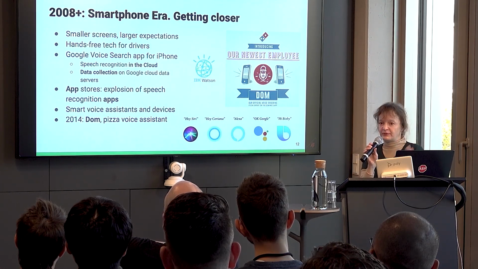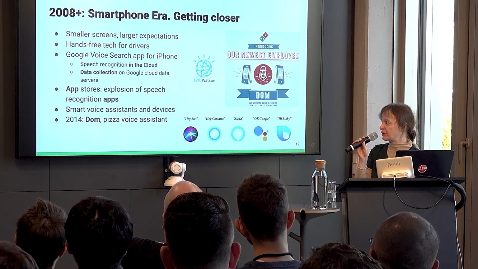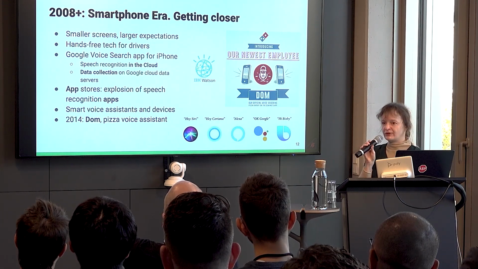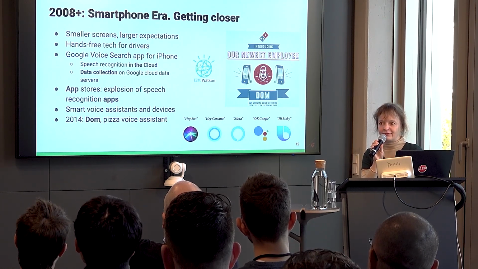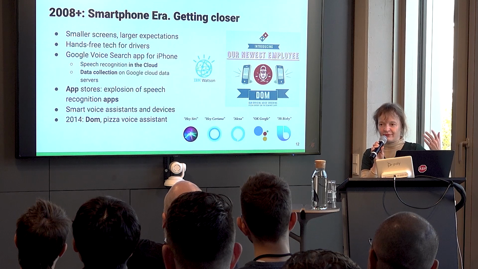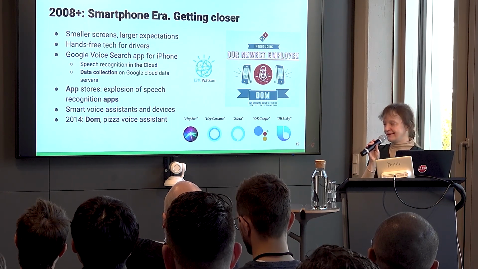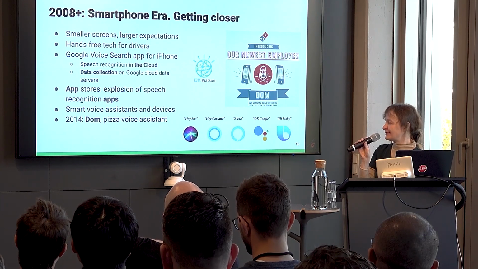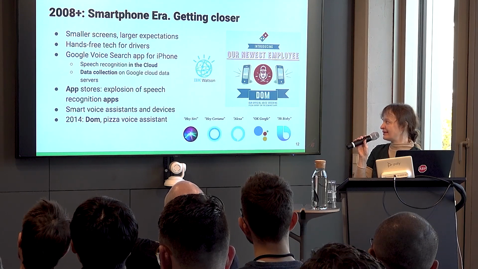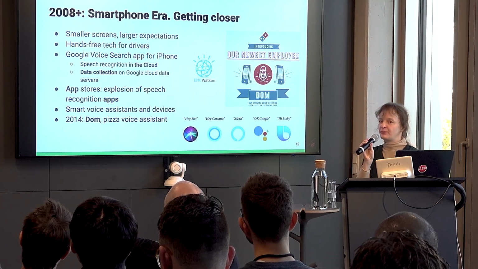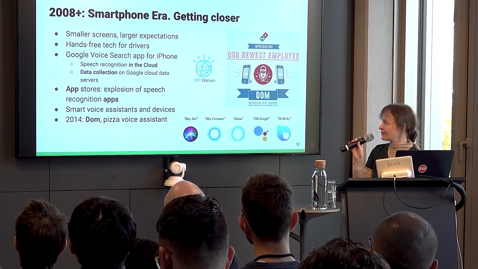that development, so people started developing applications. So it was an explosion of speech recognition apps and smart voice assistants. Any big tech company who had access to a cloud or server or just compute would have their own assistant. So that's how Siri started, and Cortana, Alexa, Google Assistant, Bixby, and Siri was the first one that had a personality. That's important.